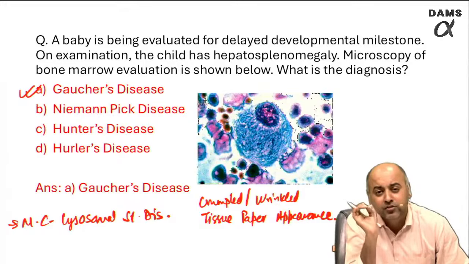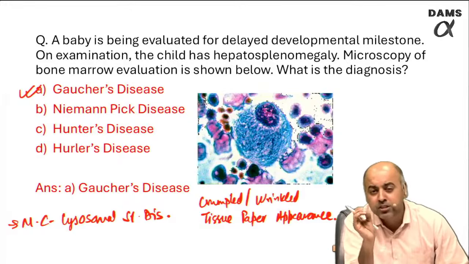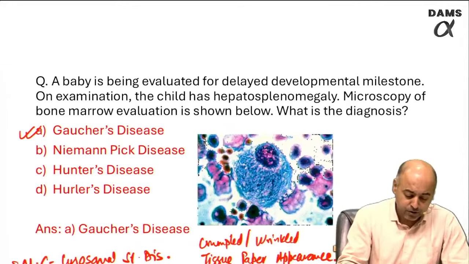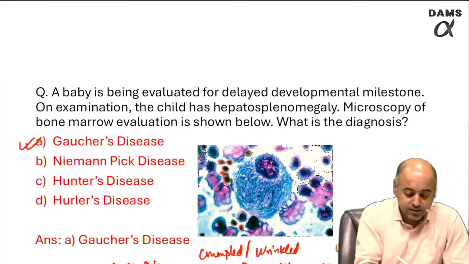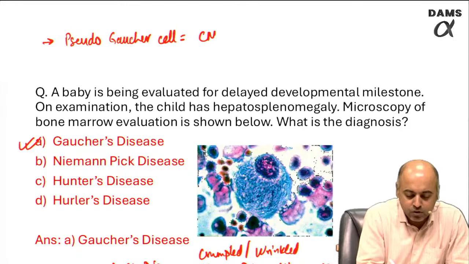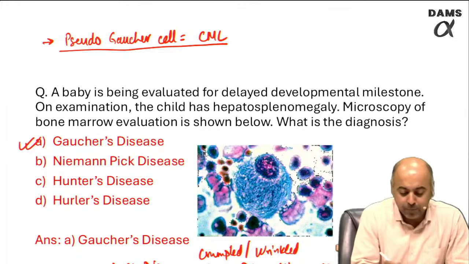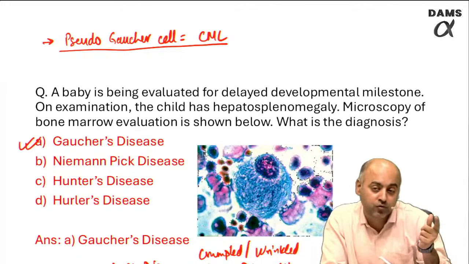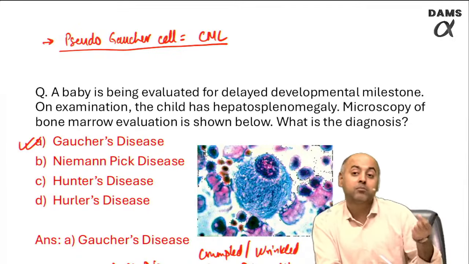They can mention the bone marrow biopsy is done, and then you find the crumpled or wrinkled tissue paper appearance, that is the Gaucher cell. Please keep in mind the term pseudo Gaucher cell, which is seen in chronic myelogenous leukemia, with an appearance exactly that of the Gaucher cell. That is why Gaucher cell is not diagnostic for Gaucher disease, because you also have something called pseudo Gaucher cell,